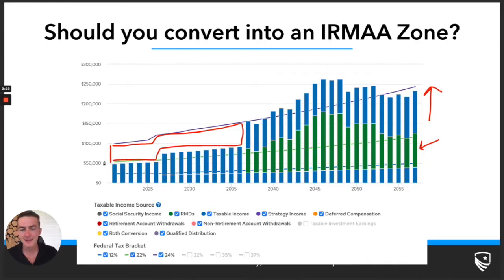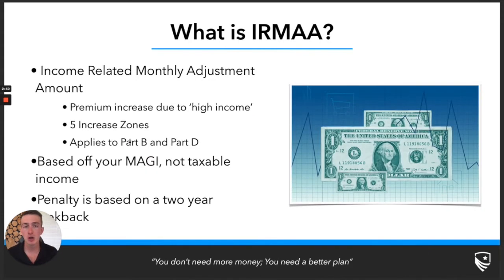Now, we often get questions. This person is going to want to be implementing some pretty large Roth conversions through these years here. Now, what if they convert enough, or should they convert so much that it pushes them into these Medicare penalty zones? So for those that don't know what I'm talking about in relation to IRMAA, in relation to these Medicare increase zones,